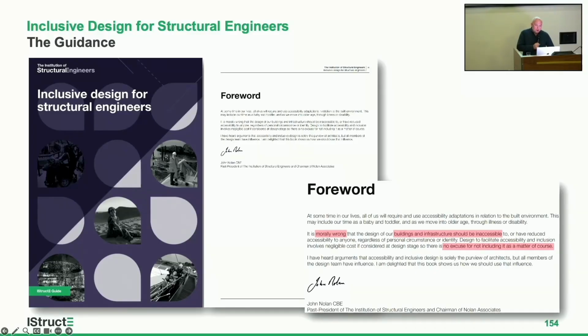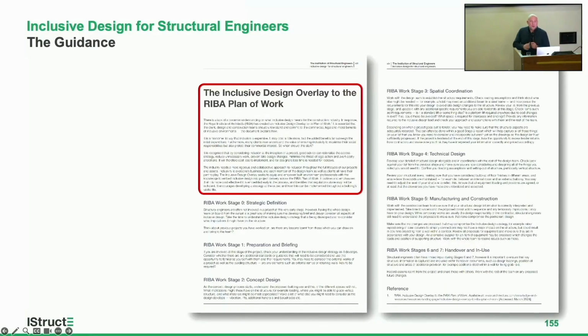He then goes on to talk about how it can be done for a negligible cost. He goes on to talk about at what stages it needs to be considered. But the last sentence, or one of the sentences he mentions there, is that there is no excuse for not including it as a matter of course. So that is how seriously IStructE takes inclusive design, and that's why we have to consider it in all of our projects going forward. So as you go into the guidance, and I'm not going to flick through 200 pages of guidance,